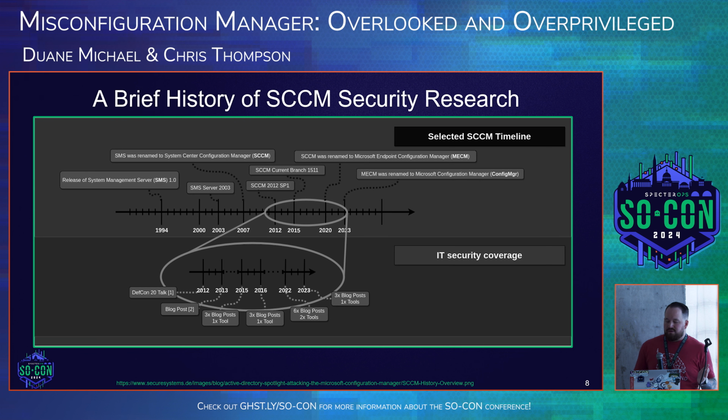And then a couple years later, 2015, 2016 timeframe, our coworker Matt Nelson released some research about using SCCM to further post-exploitation activities, and he released a tool called Power SCCM. But that was early 2016, and ever since, it's been kind of dormant. There hasn't been much